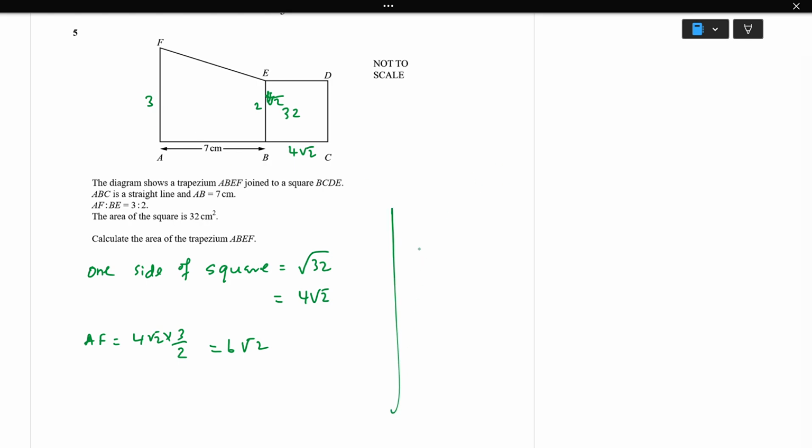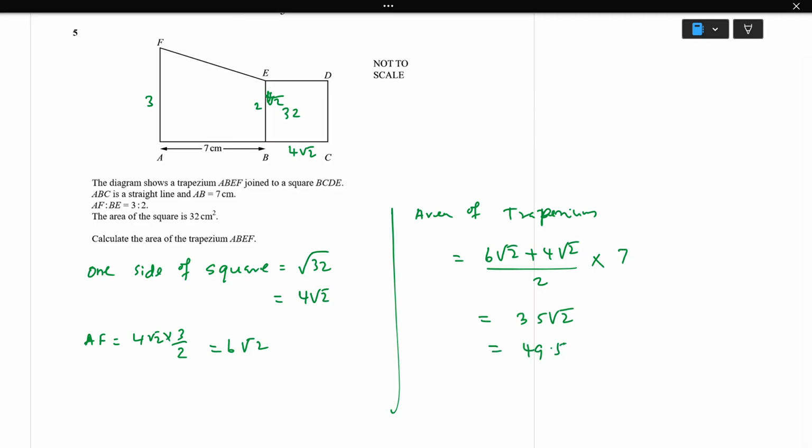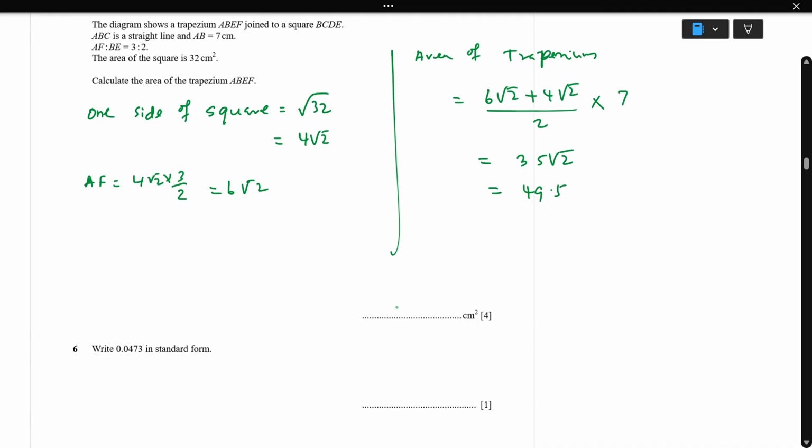So we'll find the area of the trapezium. Area of trapezium is 6 root 2 plus 4 root 2 over 2, the parallel sides, times the height, which is going to be 7 here. Okay, so what you will get is 35 root 2. So the answer is 49.5. The next question, write